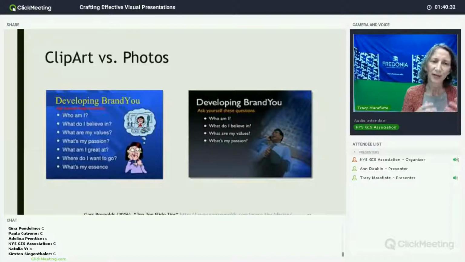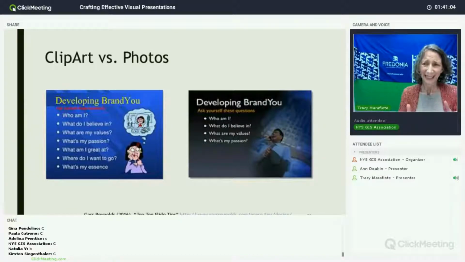So here's a presentation. If you're thinking about creating something new, and you're creating a slide presentation, consider all of your options. Why would you offer the one on the left when you have the opportunity to create something like the one on the right? Not sure if I'm turned around a little bit there. All right, so why would you create the one with the clip art when you can create one that is more streamlined, more clean, more professional, and contemporary looking?